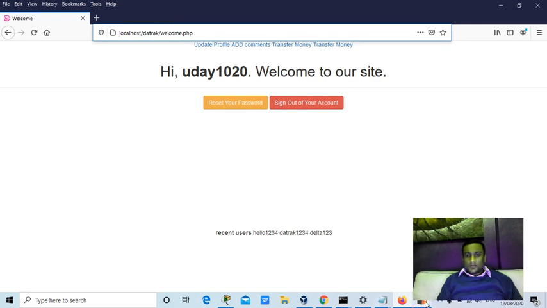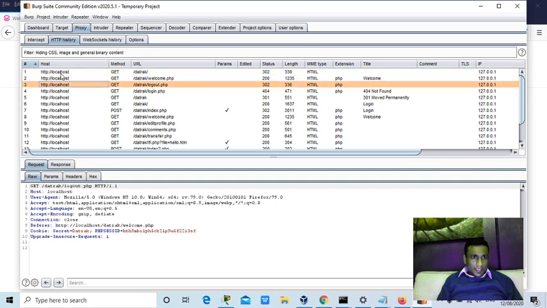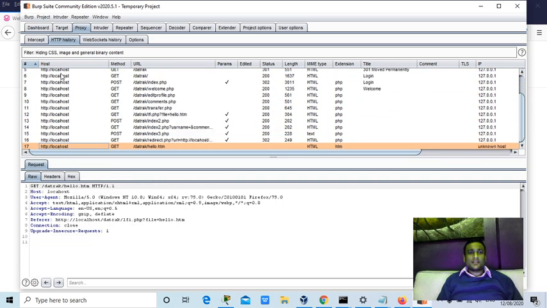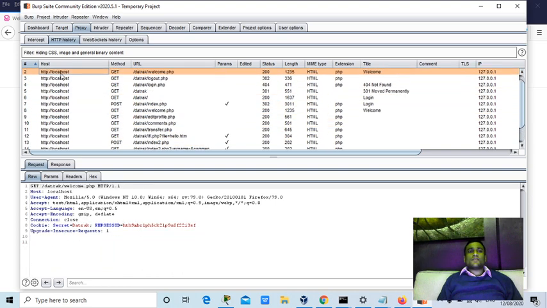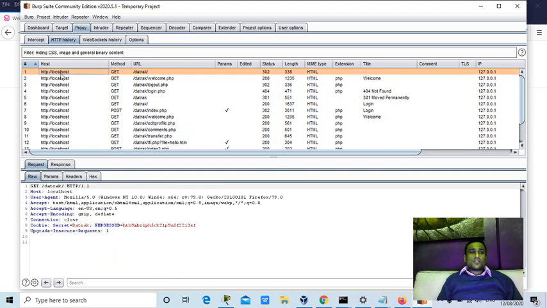Yes, now since I set the proxy, can I see any other third-party domain request it is sending here? No, right? But if you set the proxy and browse some websites, you can see other domains also here.